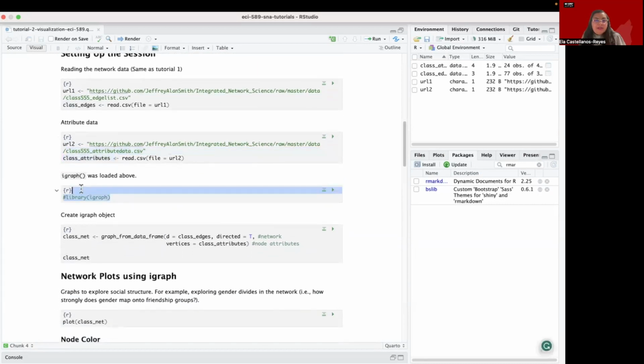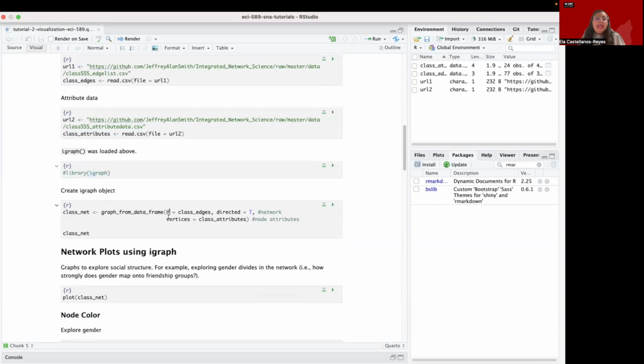Now we already have igraph, but just for you to remember, the way that you load only one package is through library(igraph). And then what matters here, and I know you already saw that in the previous tutorial, is that we create something that is called an igraph object. We tell igraph that we want to have a graph from a data frame. They have very specific functions, thank God. So specifically, we'll tell it that we use the class edges to be our network, that it is a directed